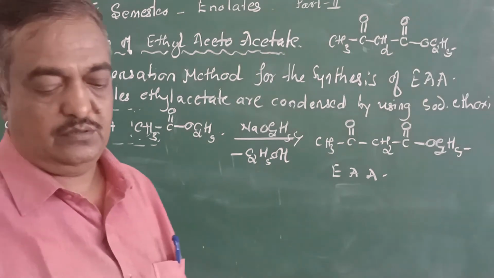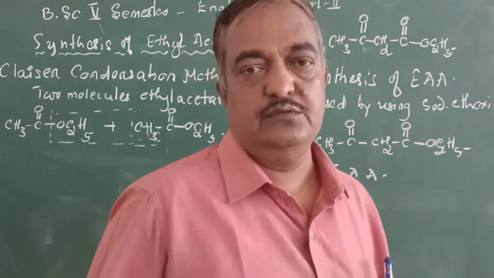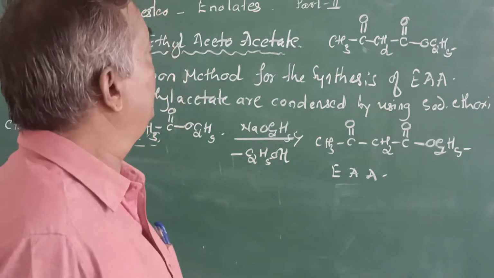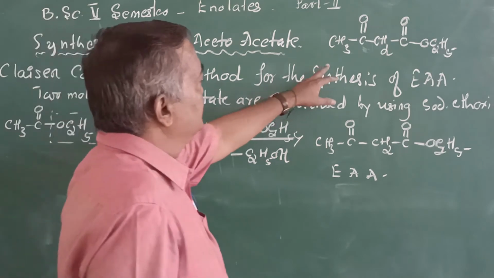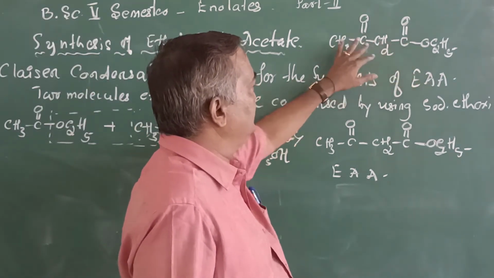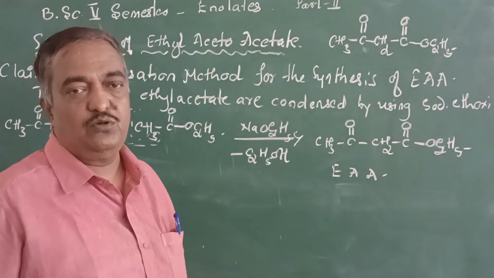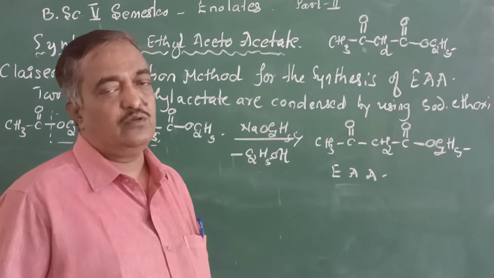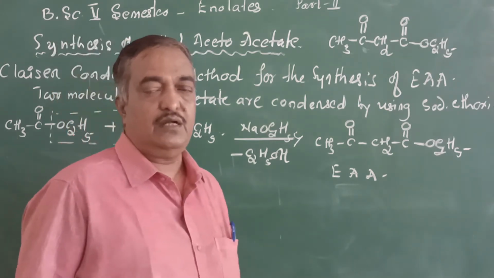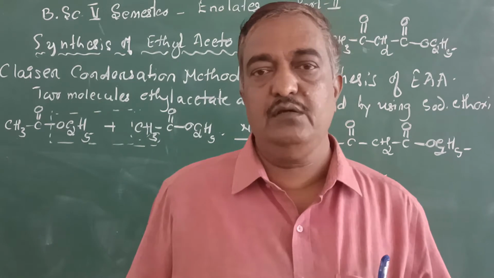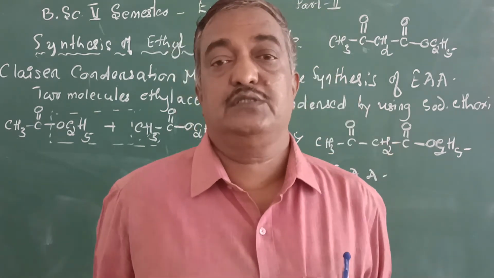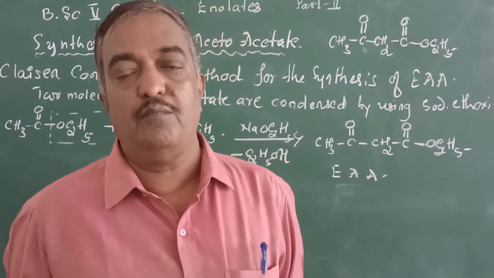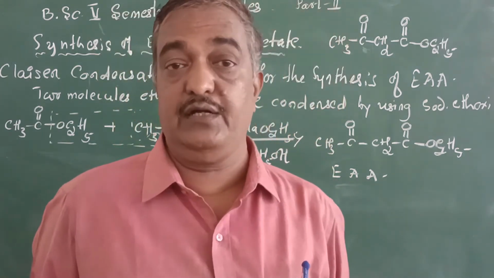Dear friends, I would like to start another topic on enolates. Enolates, as we already know, have C=O, CH2, C=O, a typical functional group of diketo compounds, where the active methylene group lies in between. For this, I have already given certain examples and some explanation regarding keto-enol tautomerism and the acidic nature of compounds like ethyl acetate.